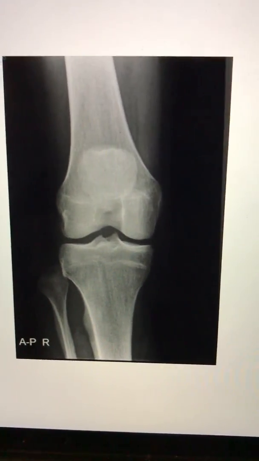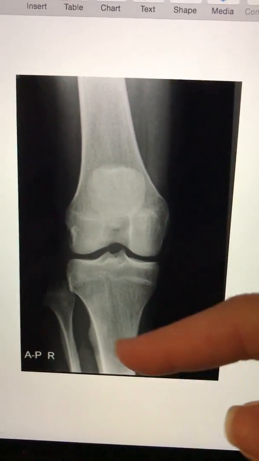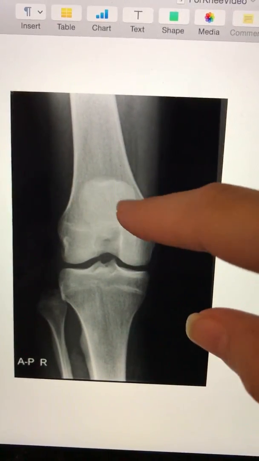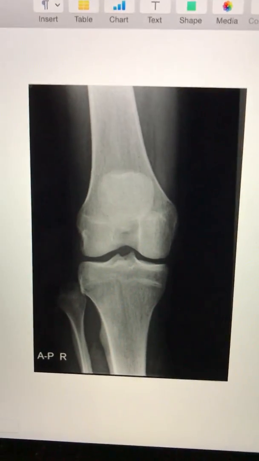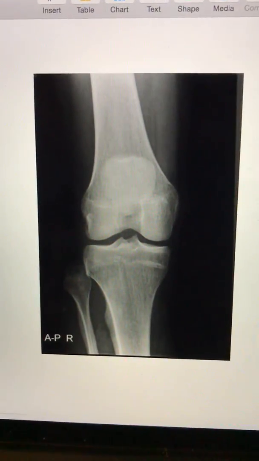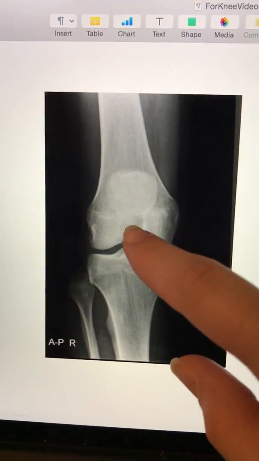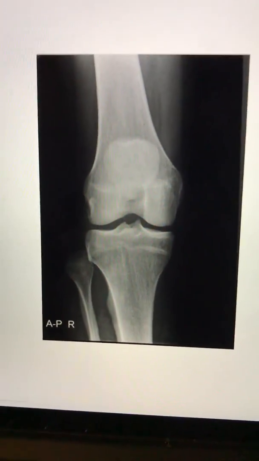So here's our AP knee. We see the femur, the tibia, the fibula on the lateral side, and the patella is going to be this little circle thing superimposed over the distal femur. We know it's a good image because you have this open joint space, and to get that open joint space,